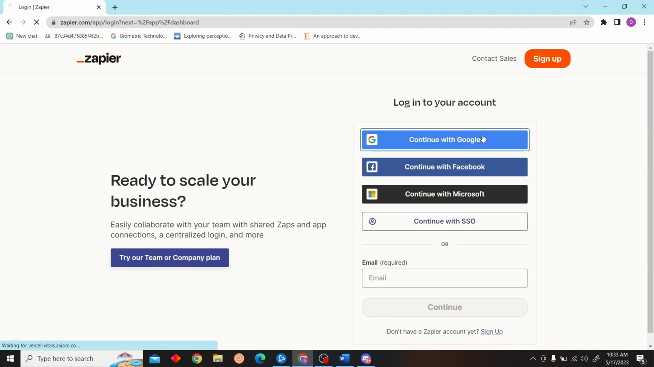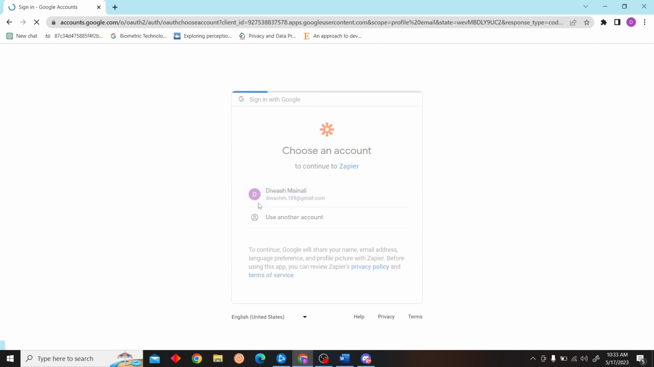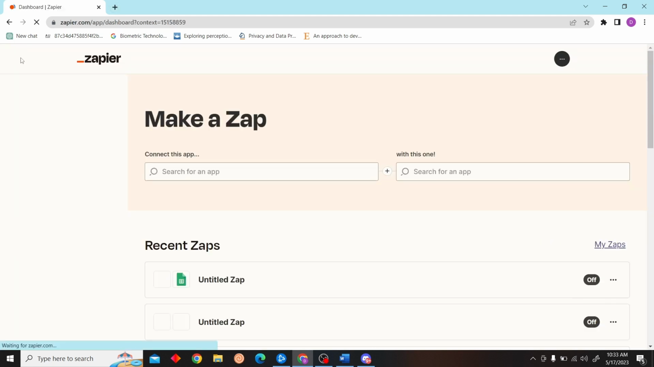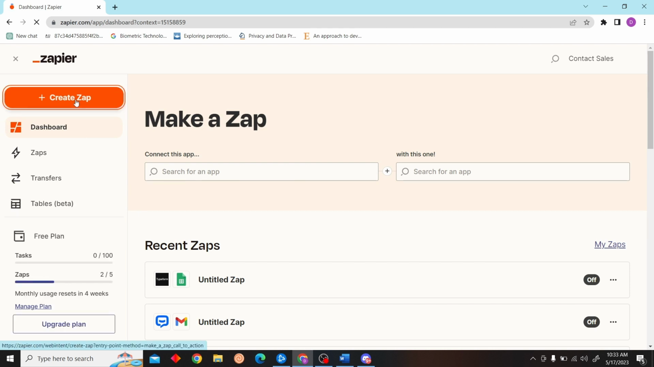Clickfunnels. So first let's go to zapier.com and sign in with our account. We will use Zapier to integrate both of these applications. So now click on create a Zap